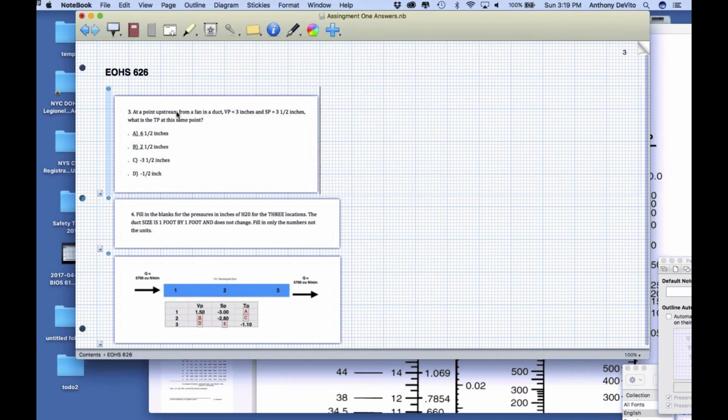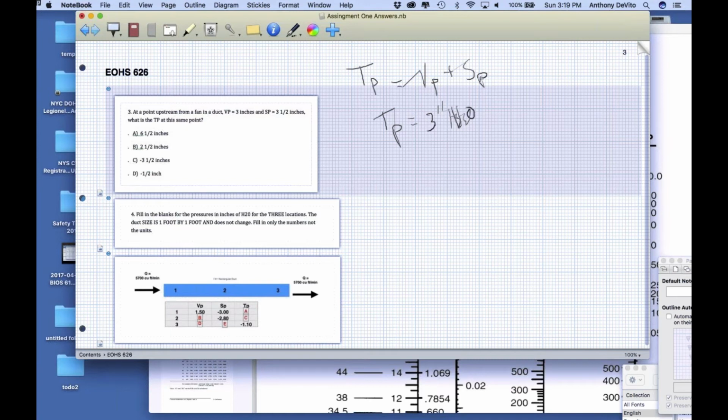So what is the total? Let's see, static pressure on the upstream side of the fan, the velocity pressure is 3 inches and the static pressure is 3.5 inches. Well, now we know that that's a negative pressure there, right? That's that static pressure being negative 3.5 inches. So our total pressure is going to be equal to our velocity pressure plus our static pressure. So our total pressure is equal to 3 inches of water,